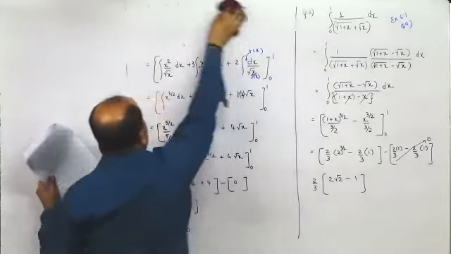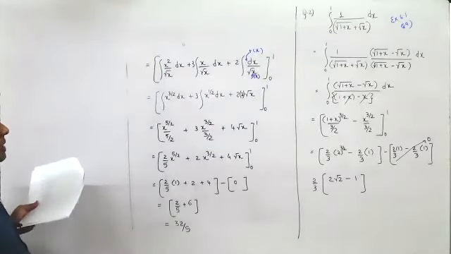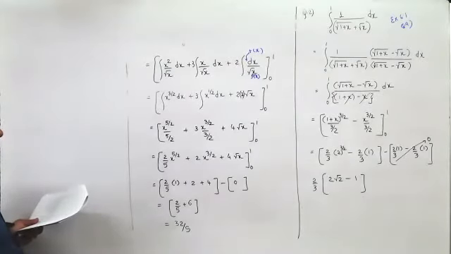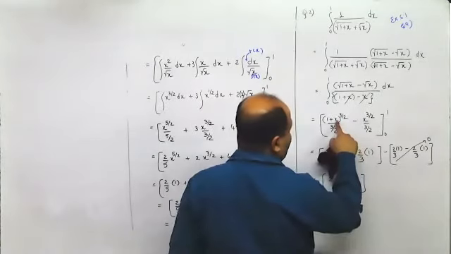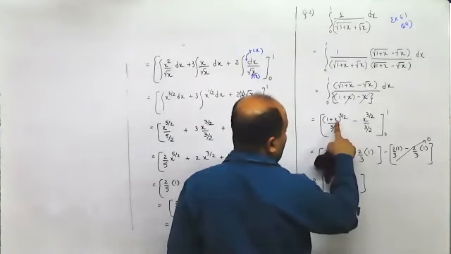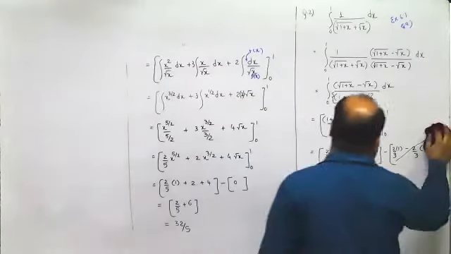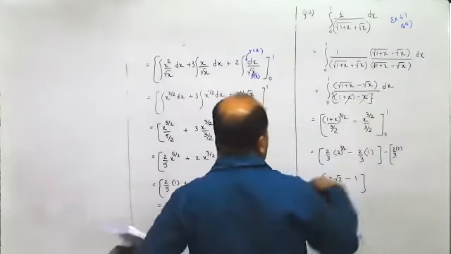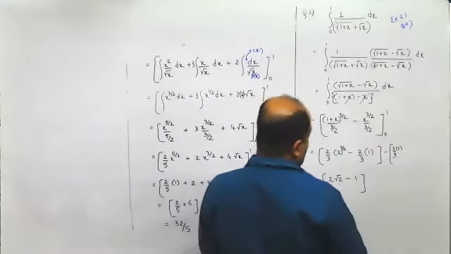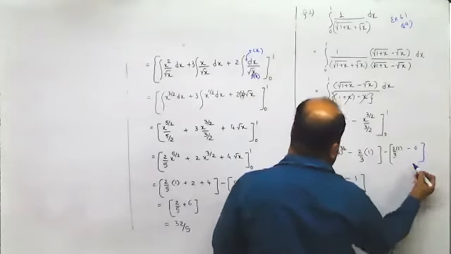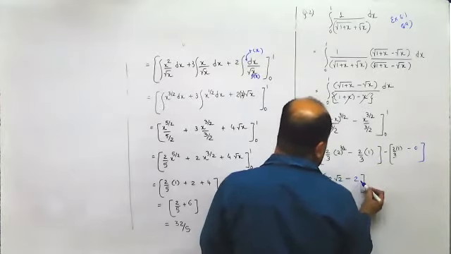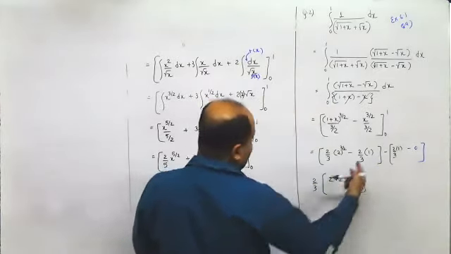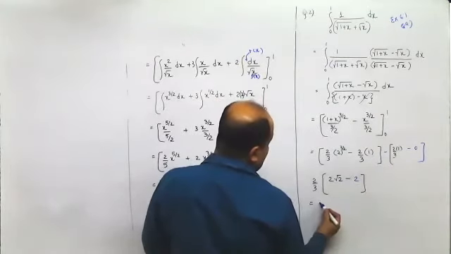Sir, we substitute zero in the second last step. So the second term will become zero, but the first term will remain. Right, this would be 2 by 3 into 0. So this would be minus 1 and here also minus 1. So this would be 2 and minus 1. So this would be 4 upon 3 into root 2 minus 1.